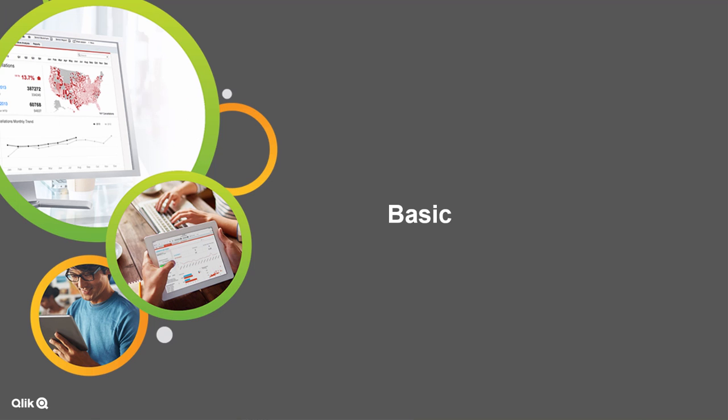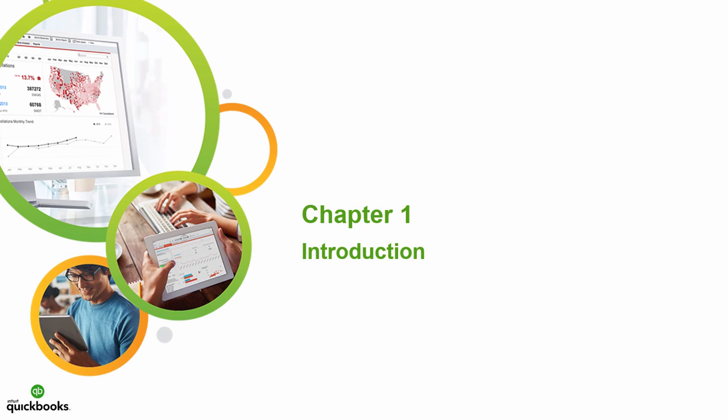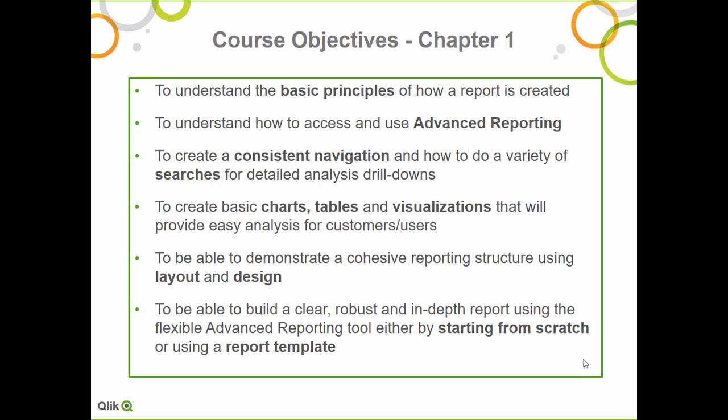So let's start with the basic training module 1, which starts with chapter 1, an introduction. The course objectives for chapter 1 are as follows. We'd like you to understand the basic principles of how a report is created. We'll teach you to access and use advanced reporting in the correct way. You'll also learn how to create a consistent navigation and how to do a variety of searches for detailed analysis,